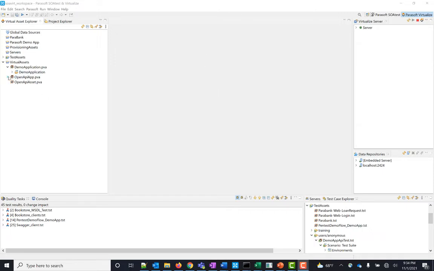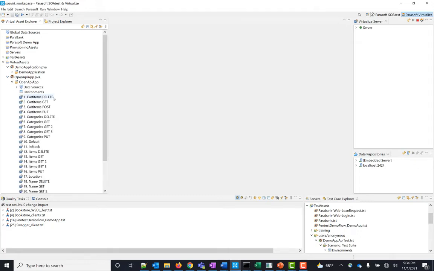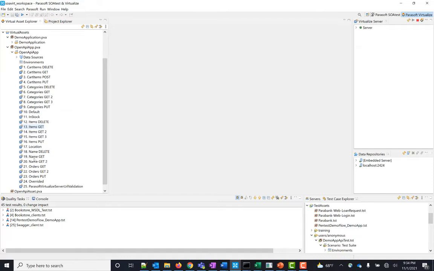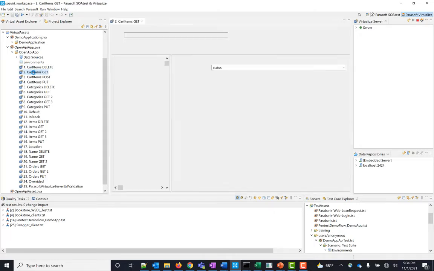I'll drop this down, and we see all of the responders that were created. Now this is the framework of the virtualized asset. If we had had actual traffic, we could build the actual responses, but because we had only the Swagger file, the framework has been set up with all the links and the data links to the data sources. For instance, we'll double click cart items get.